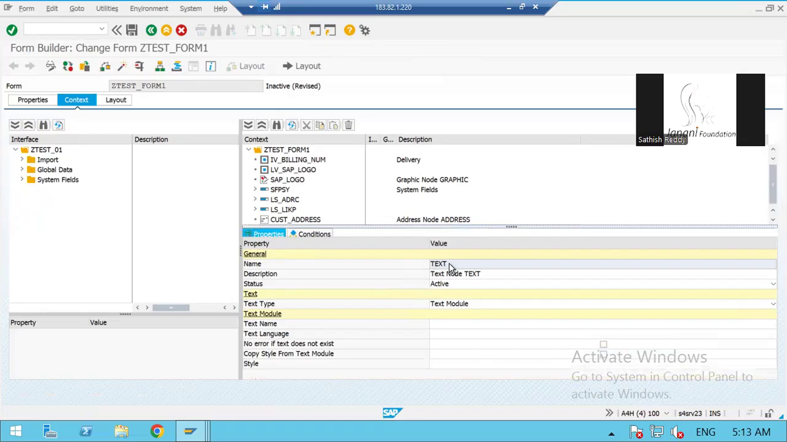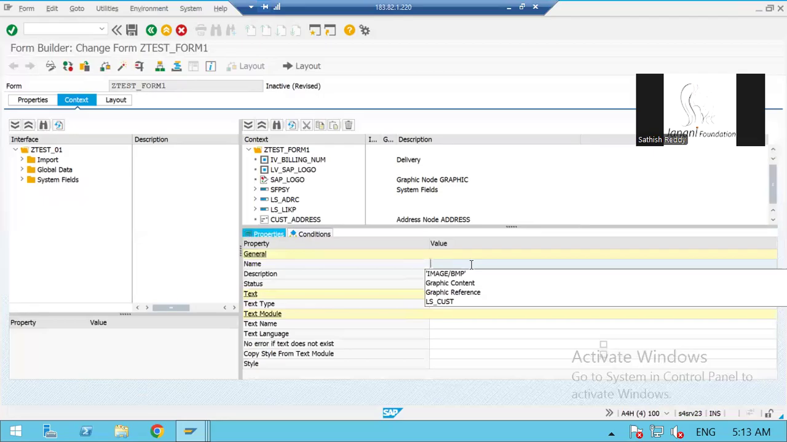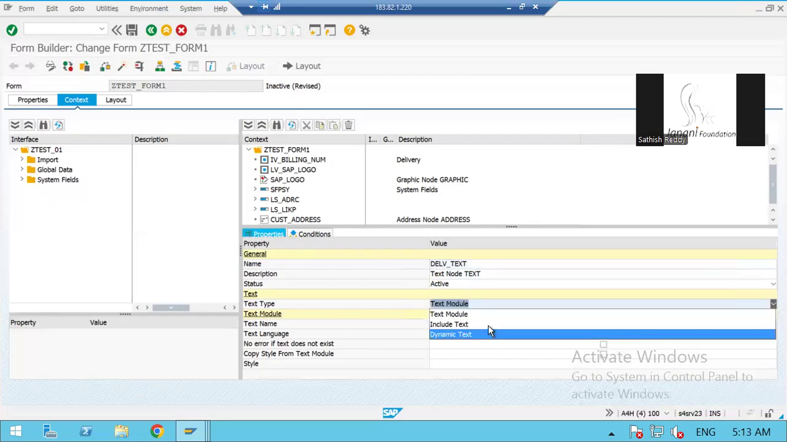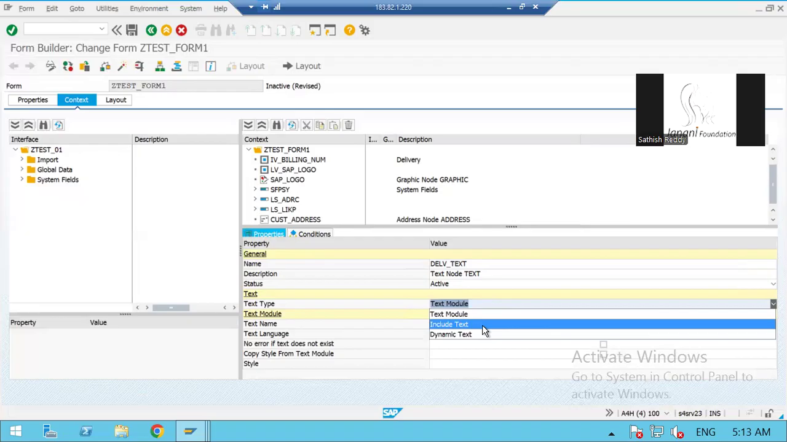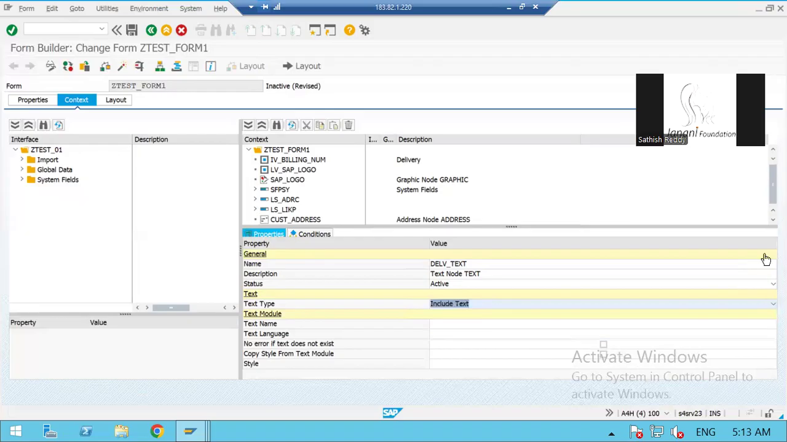Okay. So I want to provide something, SJF text here, or this is the billing or delivery text, right? Delivery text, and here the text module is coming, right? You select it here, include text. Okay, I will tell one by one. So first of all, you just go for include text here. So include text I have taken, and here we have to maintain